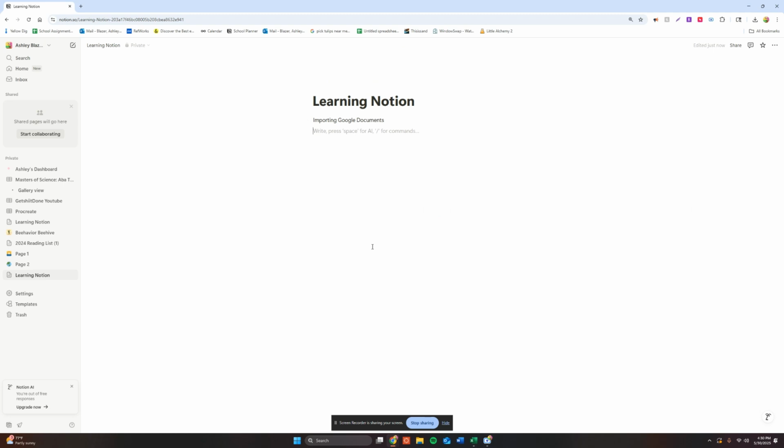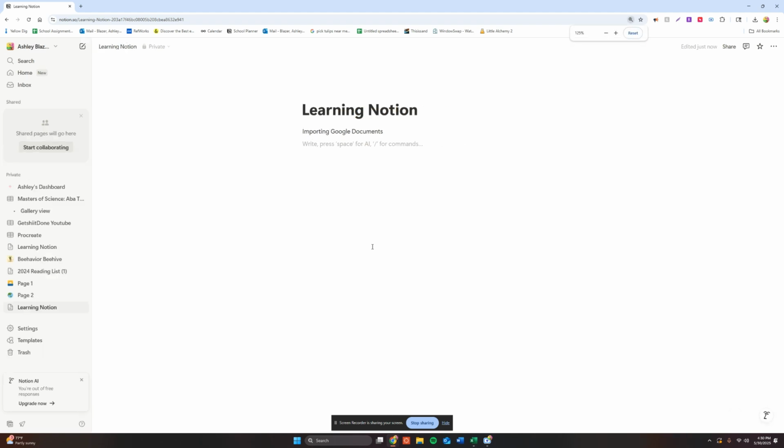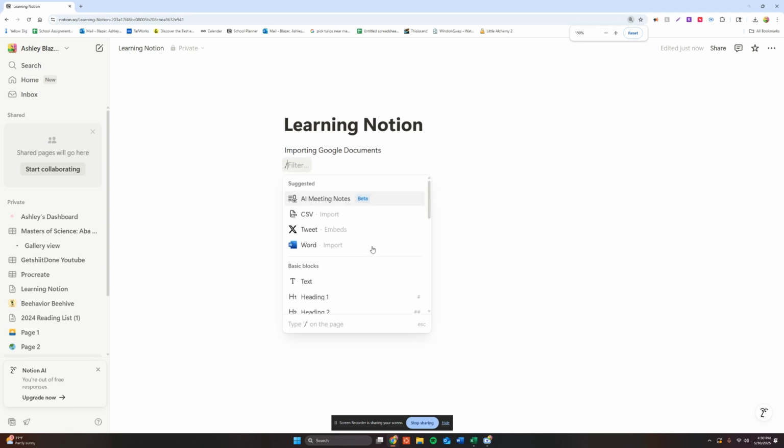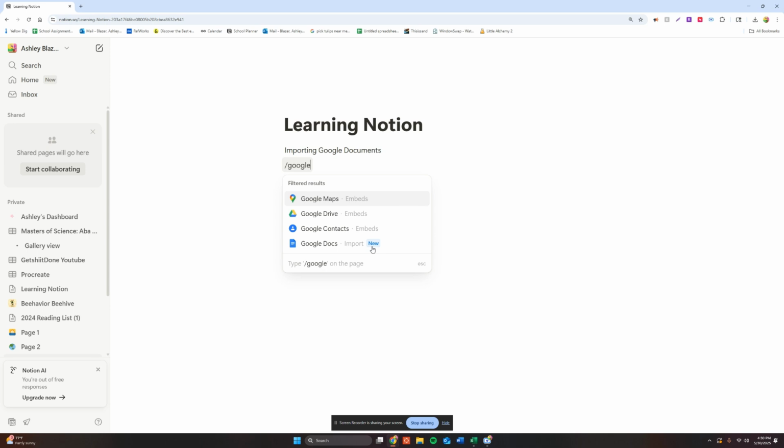So, first thing you're going to want to do is make sure that you have a Google document in mind that you want to take and import into Notion. Then you're going to click inside of Notion and make sure you can see the prompt where it says write or press space for AI, / for commands. We're going to hit the / key on our keyboard and we're going to type in Google Doc,